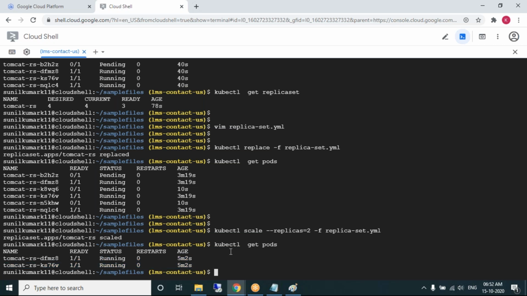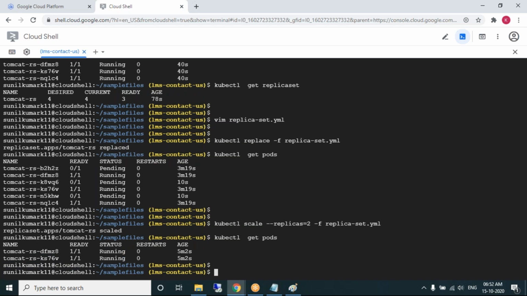Okay, Sunil. One question I have, Prashant. In this situation, what you have done is install Tomcat on multiple pods, right? Yes. So those multiple pods are interlinked with each other, right? Yes.